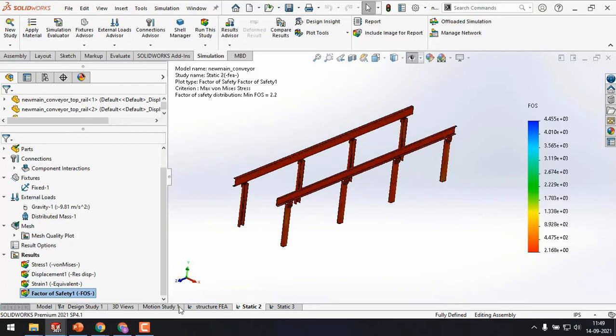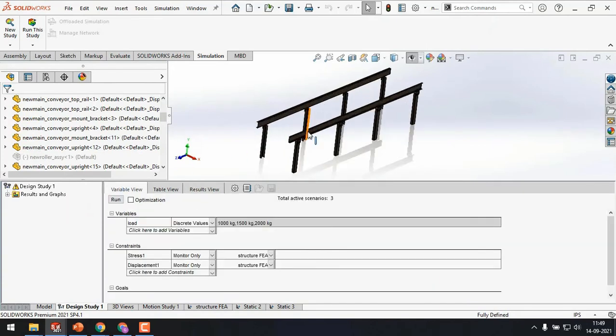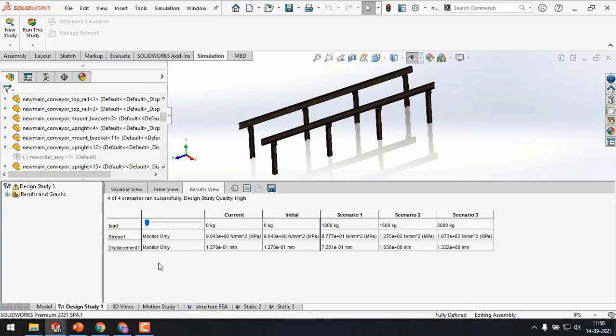Now what if I want to check what will happen if I change the load? Right now I have applied 1000 kg of load, but what if I change my load to 1000, 1500 or 2000 kg? We have this very wonderful design optimization tool, or design study tool, where you will just have to type in the values of loads you are interested in for the analysis, correct. And once you run it, you will get the tabulated form of results. What are the stress values and displacement values for 1000 kg, for 1500 kg and for 2000 kg,